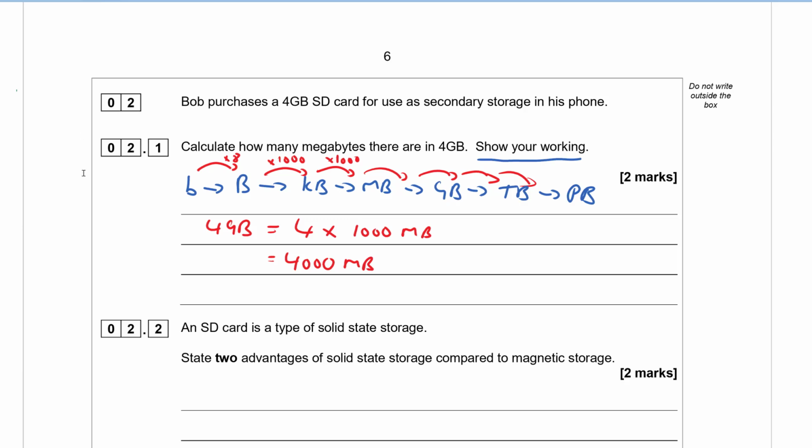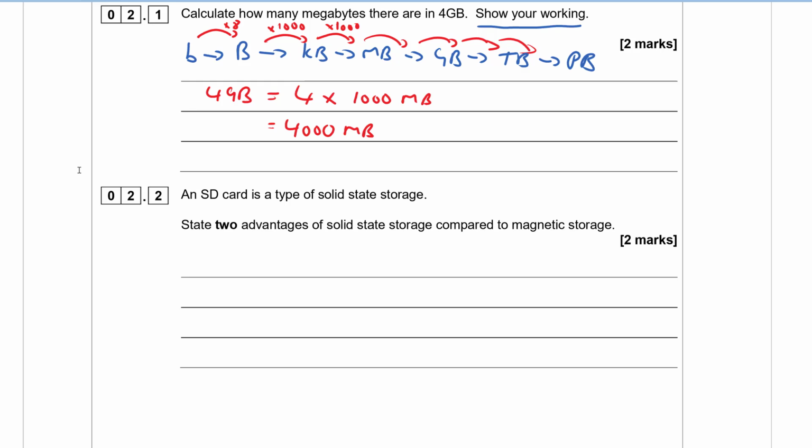For 2.2, we are potentially reminded that an SD card is a type of solid state storage. State 2 advantages of solid state storage compared to magnetic storage. So magnetic storage, most commonly, is something like a hard drive. Well, SSDs, crucially, or just solid state storage more generally, just has no moving parts. That's really important. So it just says state, so we're not really explaining. So it just said no moving parts, but the idea is they're generally more durable